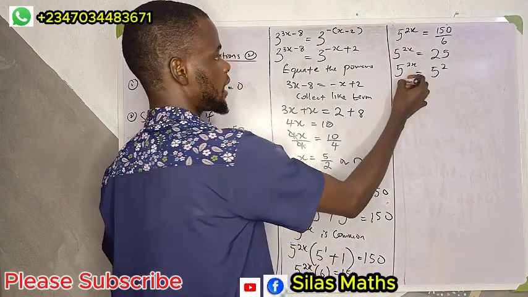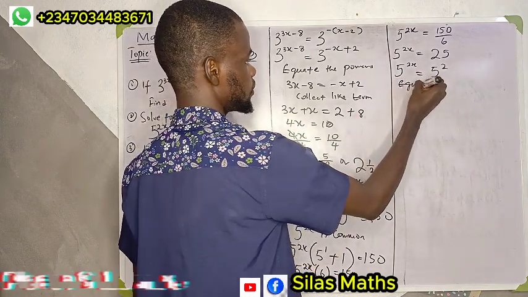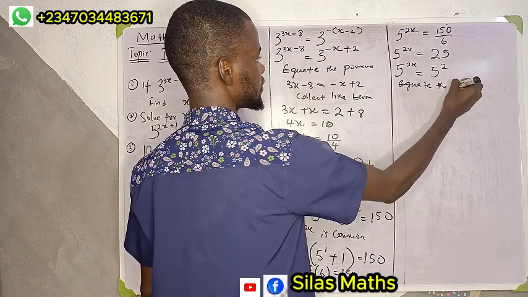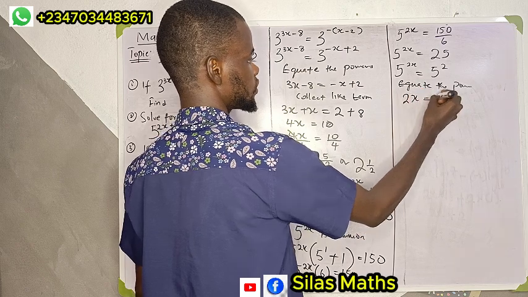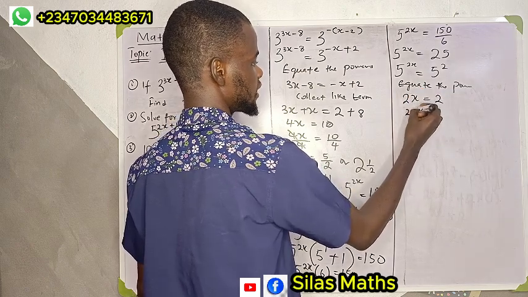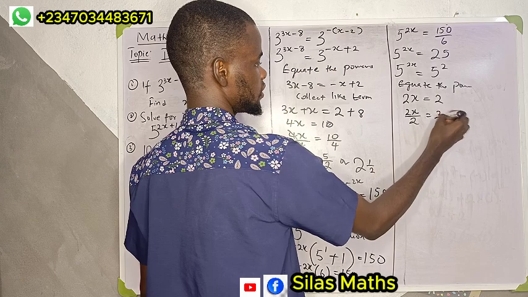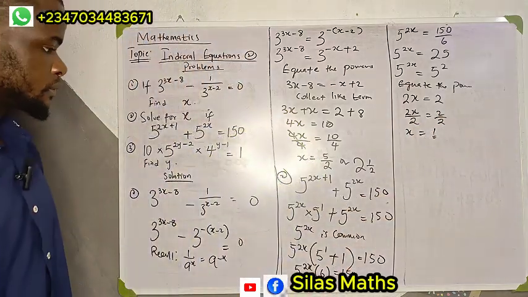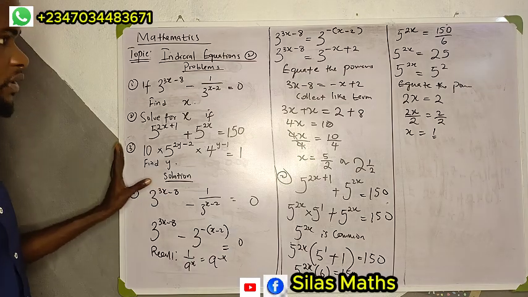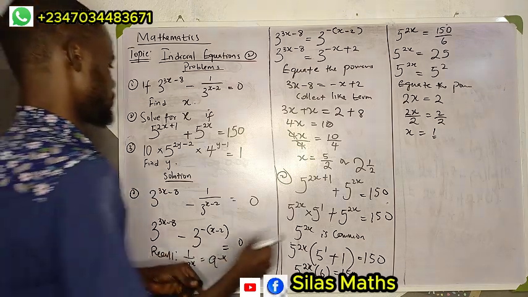So equating their powers here, we are going to have 2x equal to what? 2, which means that 2x divided by 2 equal to 2 divided by 2. So x equal to what? 1. Yes. So that is the answer to the second one. So let's quickly jump into the last one, which says we should simplify